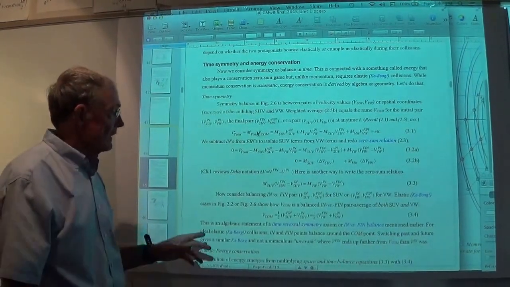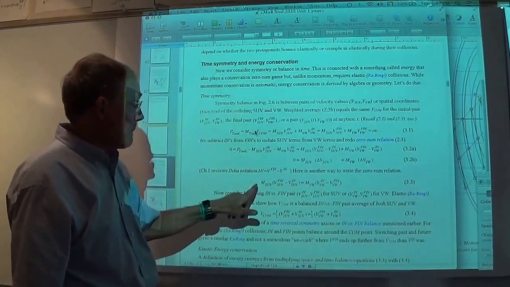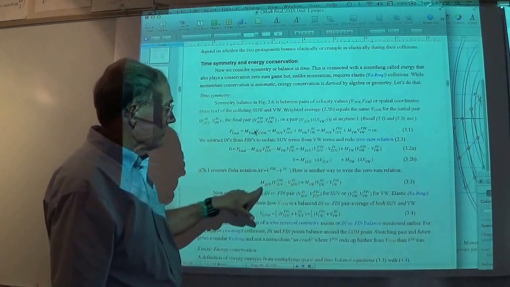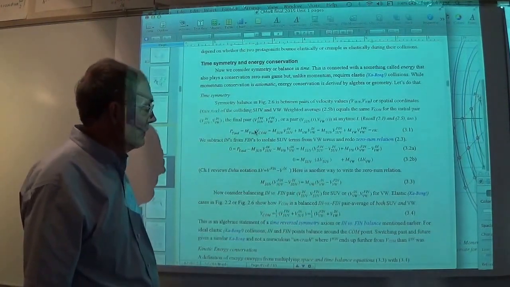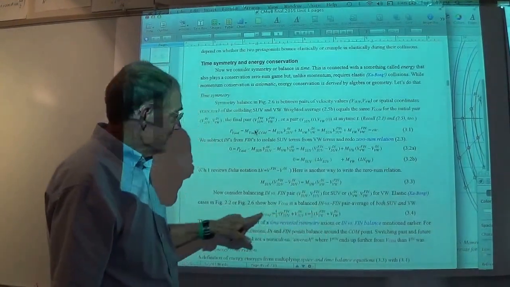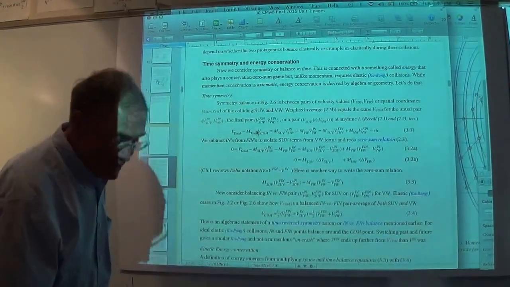I point out that if you follow the usual procedure you see in elementary physics books, you can take that one and multiply it by that one, and you get a